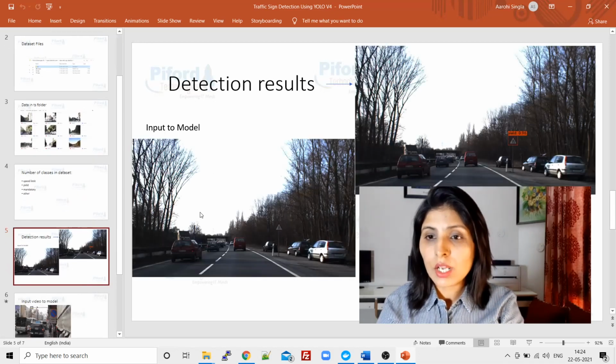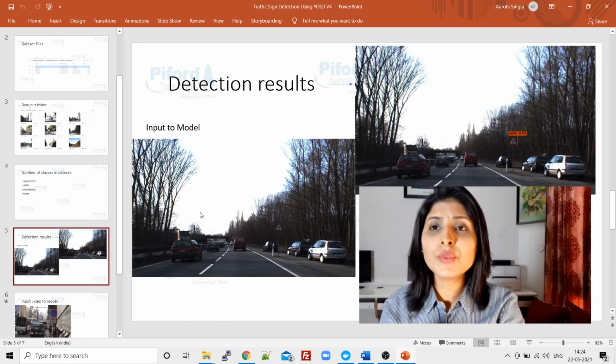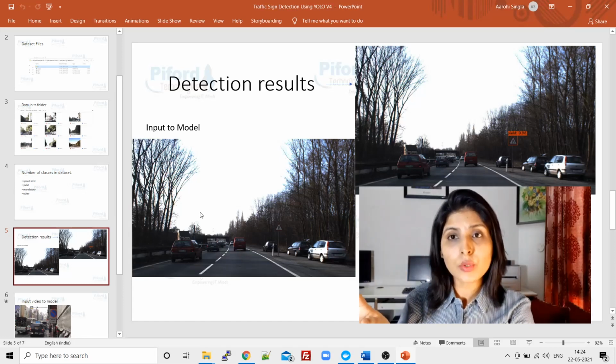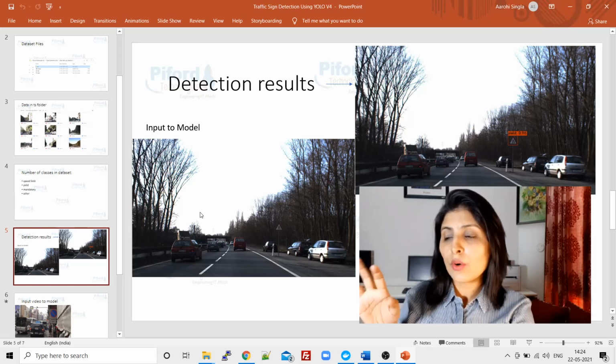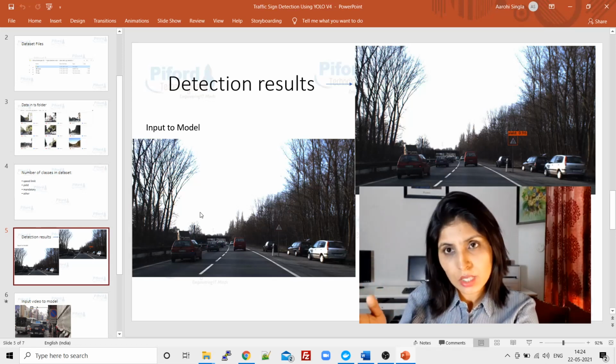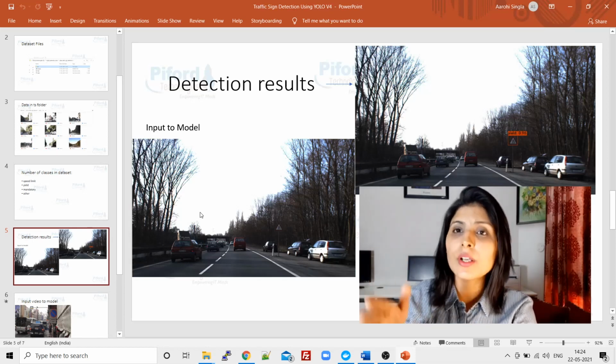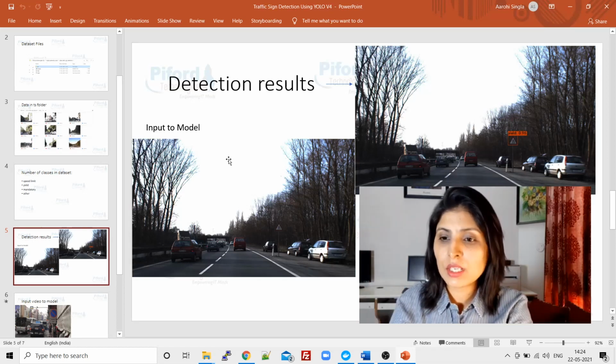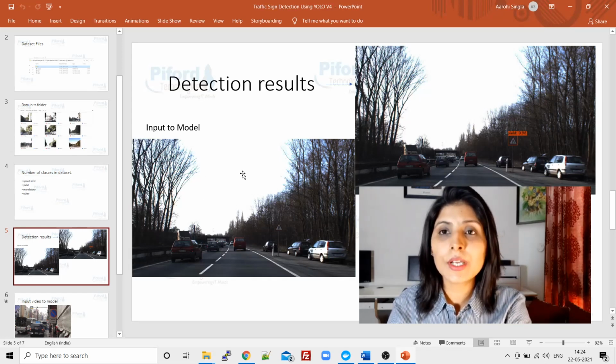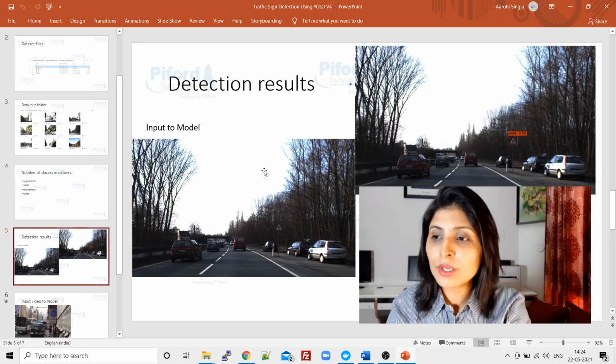Now I'm showing you the result first, so that at the end of the video you will be able to achieve this result. This is the image input to the model. This is the image which we are giving to the YOLO V4 algorithm, and this is the result which we get.